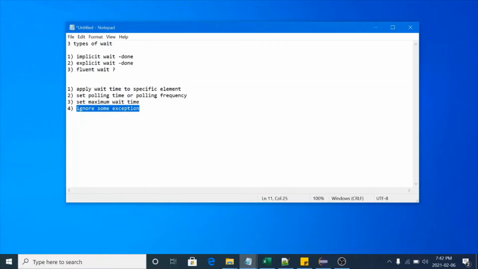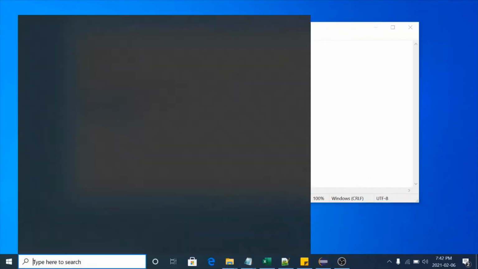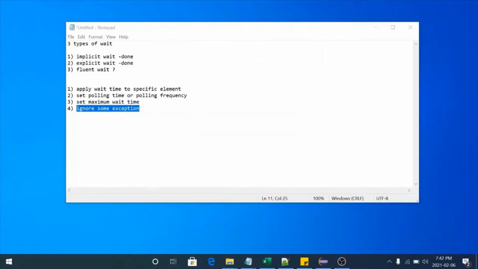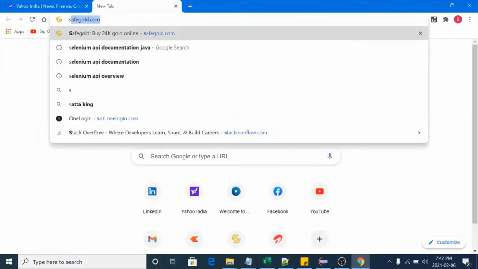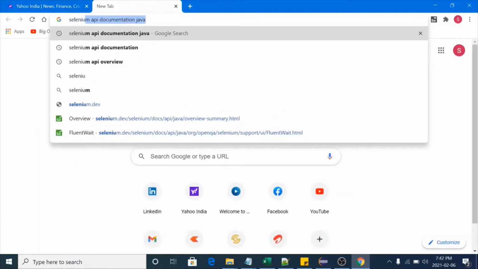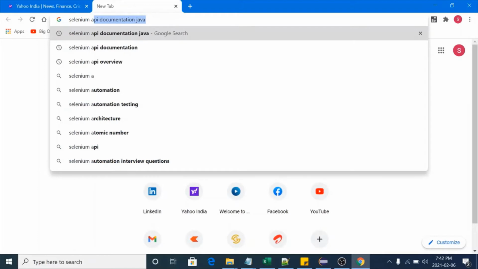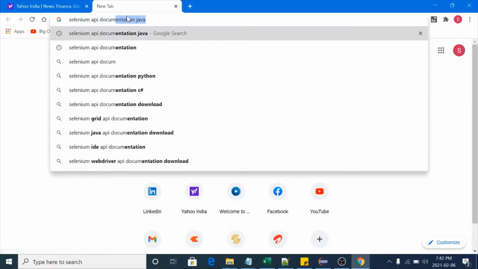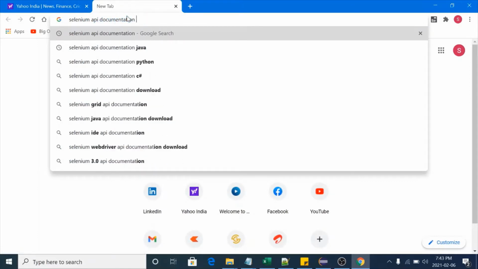Now if you want to see the documentation of this API and want to read in detail, you can open Chrome browser, any browser, and search Selenium API documentation Java.